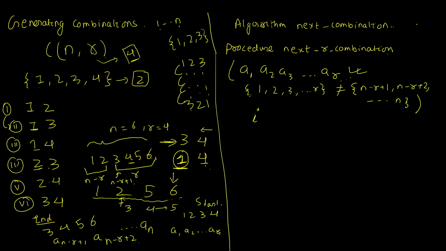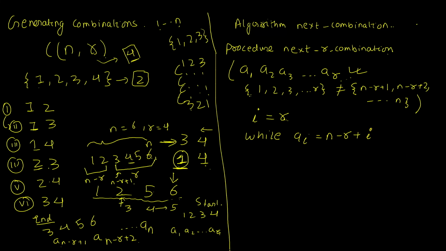So I'll initialize i equals r. Now let's see this carefully. Whenever i equals r, that means my marker is here at this 6. And this 6 should be compared with the last element in the set, and the last element I know will be in the nth position. So once we place the marker in the rth position, we'll write while a[i] equals n minus r